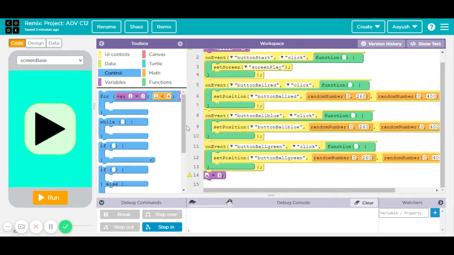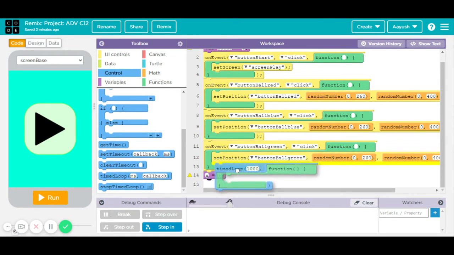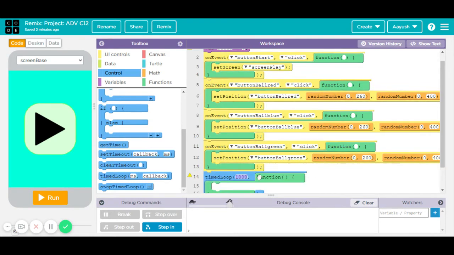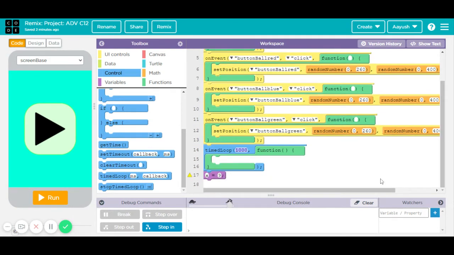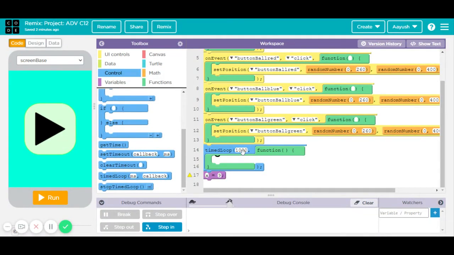First, let's go for the control time loop. So this is called time loop. On event, set position, button ball green. So let's put a new time loop, and over this time loop, the function will be 1000 is 1 second, so 60,000 will be 1 minute, and 3,60,000, I mean 36 lakh will be an hour. I think so, not so sure, but yeah, I think so. Then time loop per second